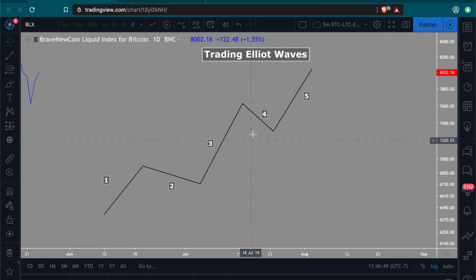Okay, and then wave 5 is really the topping off of the trend. Wave 5 is usually the sign of the last push in the asset. Volume typically tends to come down in this final wave 5. And more often than not, the investment sentiment isn't as high up here in wave 5 as it was in this phase right here in wave 3.